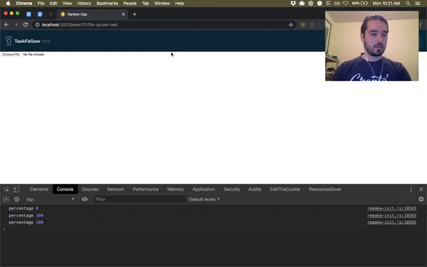And you can see that here when we add the form data, we're setting its